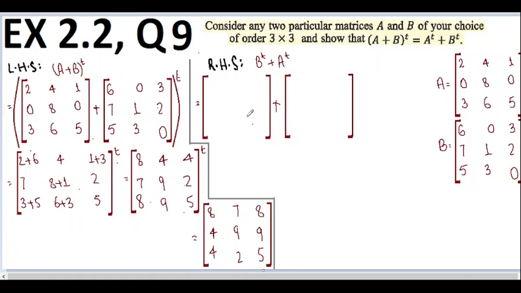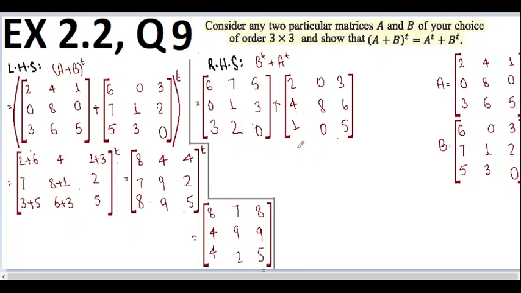So how are we going to write this? B transpose plus A transpose. B transpose is to be written at first, so we are going to take this matrix's transpose. So what would it be? 603 is the first row, so we are going to change it into the first column, 603. Then 712 will be written this way, 7, 1 and 2, and the last row 530 will be changed into the last column, which is here 530. Then the same goes for the A matrix, and it will become this matrix.